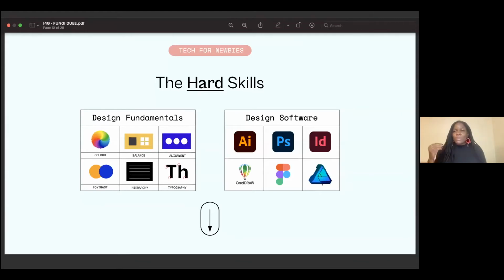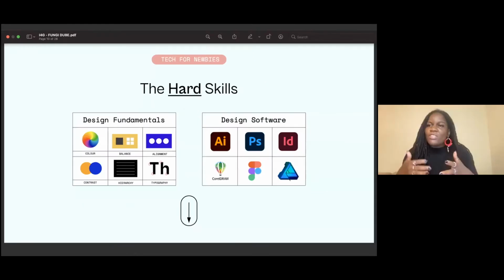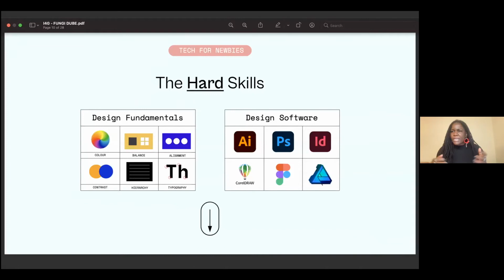We're talking about alignment, like how are all of your elements placed? And we can match this up to hierarchy as well, like making sure that everything is balanced. Like the things that are going in the left corner need to be balanced with things that are going to go up in the right corner, that sort of thing. We're talking about type, because type is something that influences how people perceive a product as well. So obviously, if you see something more elegant, you may associate it with the brand being more luxurious, whereas if you see something more geometric, it could be a very corporate, very serious brand, things like that.